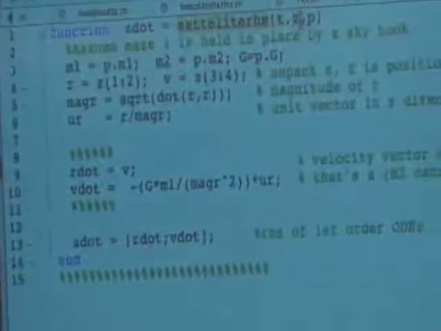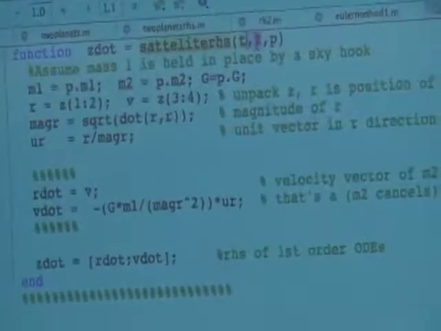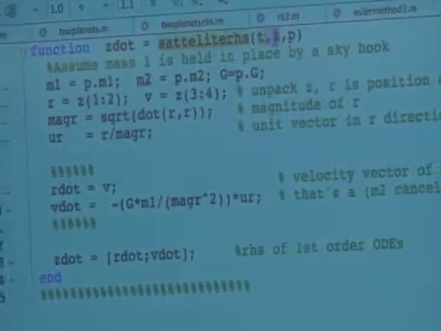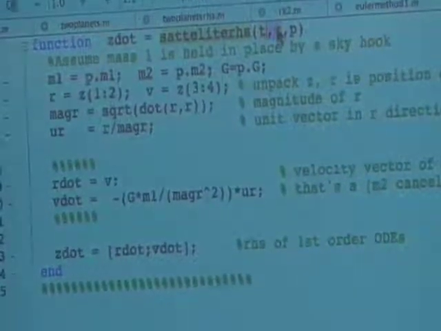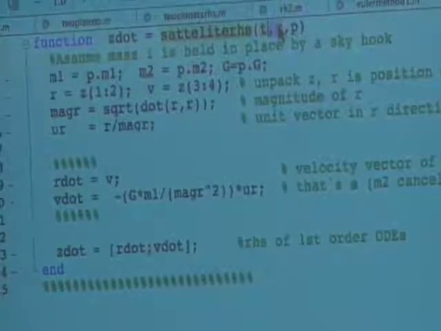Okay, so how do you read this through? This was a satellite moving in 2 dimensions, and we packed in the state of the system in the number z, which was the state of the satellite. In dynamics, the state is 2 things. It's the positions of all the particles and the velocities of all the particles.